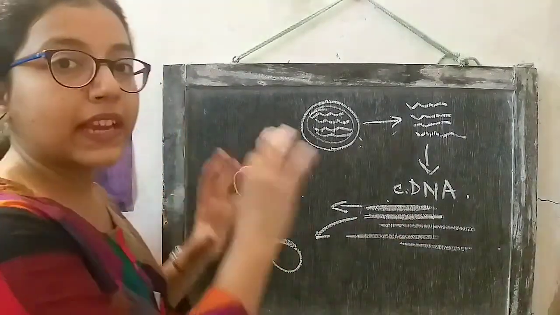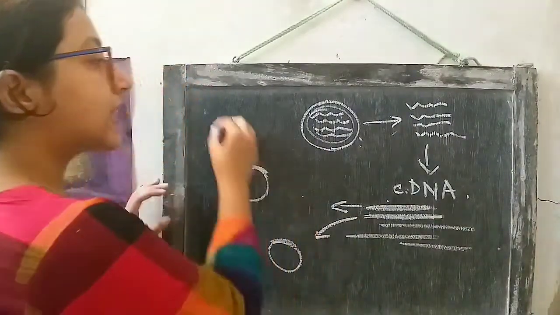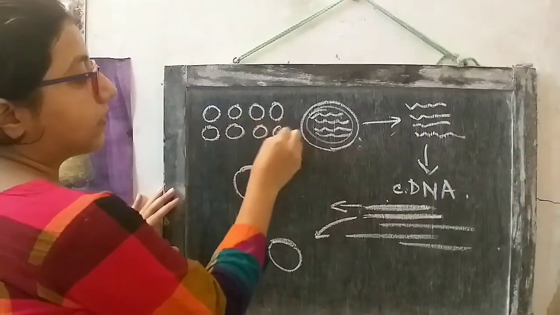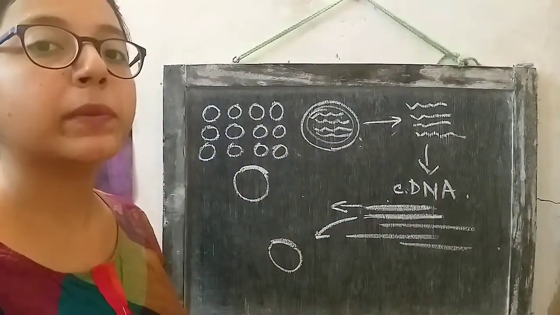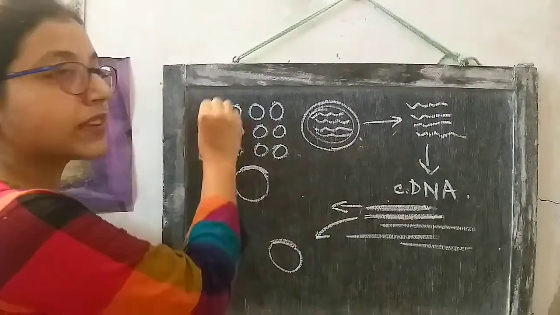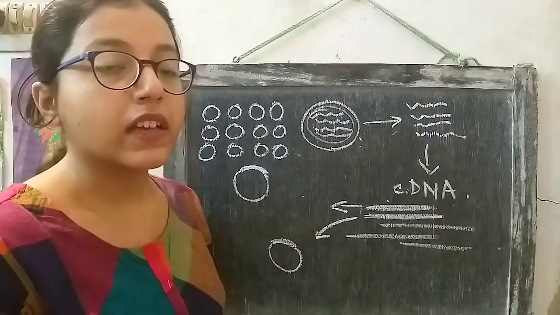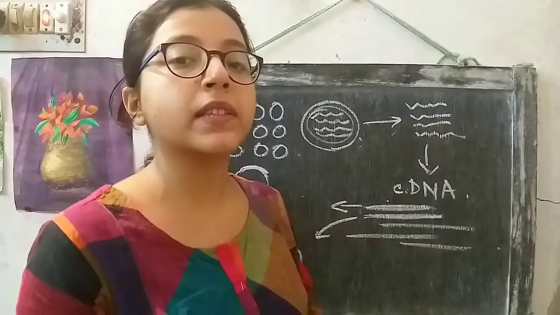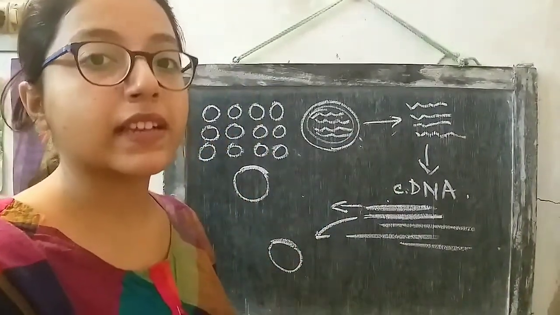So when the entire library is prepared, when every cDNA is cloned, we will get a library of plasmids that contains the cDNAs of this particular cell. Every plasmid contains a different cDNA that represents a different mRNA. So these cDNAs are basically representative of the different mRNAs present in this particular cell at that point of time when the mRNA is extracted.